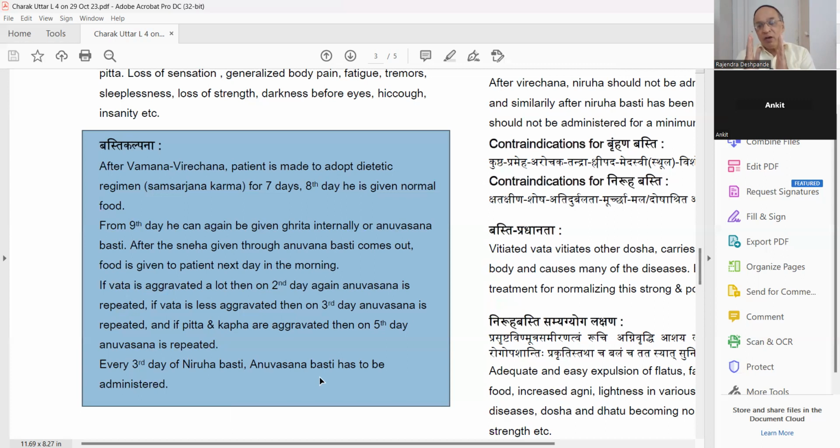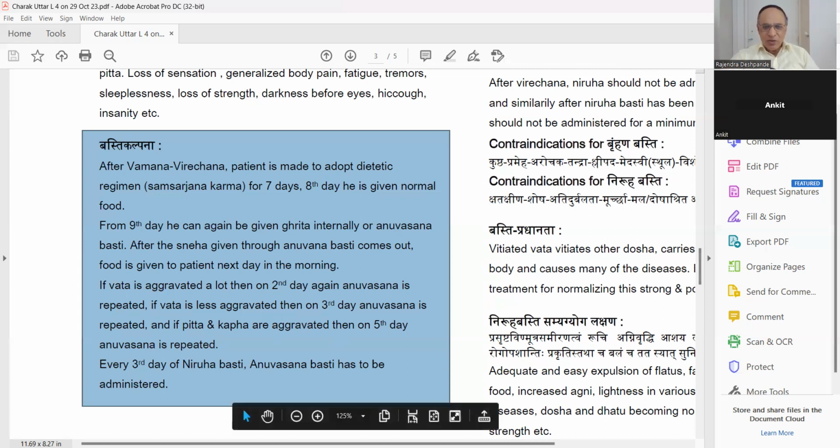Niruha should be followed by Anuvasan because Niruha is a little bit stronger, very strong, a little bit of irritation. And Anuvasan is gentle, soft, giving relief to your anorectal region. So Asthapana is a little bit strong, irritation. Anuvasan is giving the relief, regeneration of the damaged part. Or not damage exactly, but irritated part. Okay. I think you have understood this.